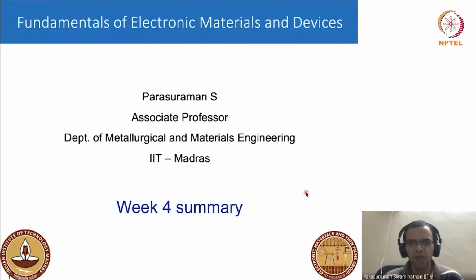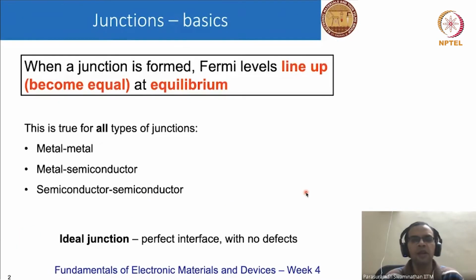Starting from this week, we will mainly focus on electronic devices. In any device, we put together two different kinds of materials. When that happens, we say that a junction is formed, and at equilibrium, the Fermi levels of the two materials tend to line up. We will mainly look at three types of junctions: metal-metal, metal-semiconductor, and finally